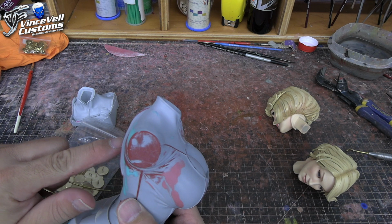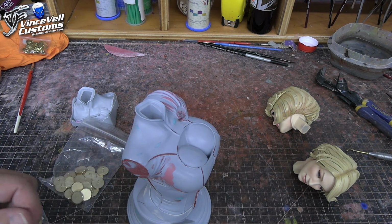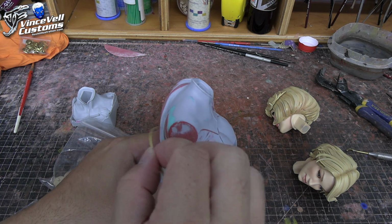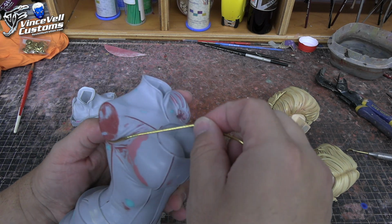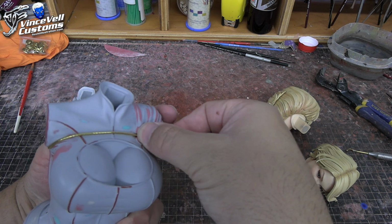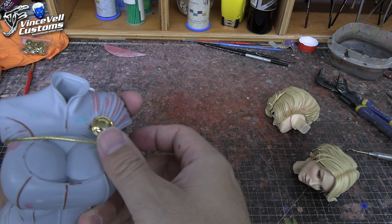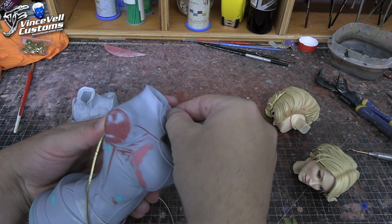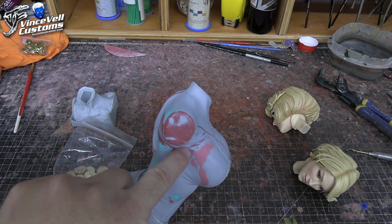I'm not going to Dremel the hole now for molding. What I'll do is each one that I get, I'll just take my Dremel and Dremel a hole, and then I'll cut the rope, I'll glue it in here first, run it underneath the arm, and then I'll glue it in there. And then after that's glued in, I'll lock this piece in there with another drop of glue, and then I'll have it like that. So the other thing too is I designed it underneath the arm with wrinkles like this,